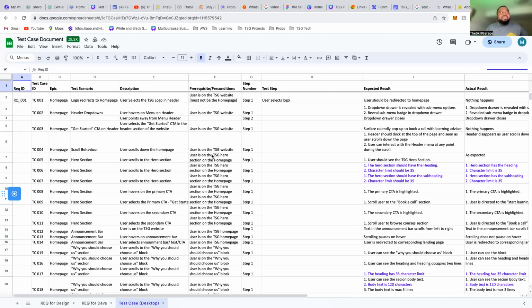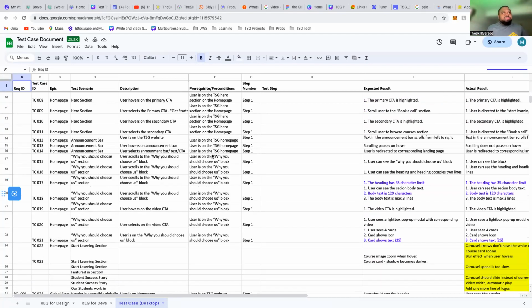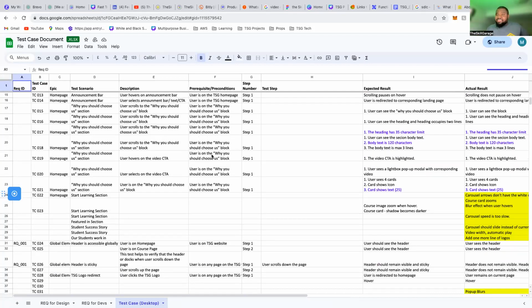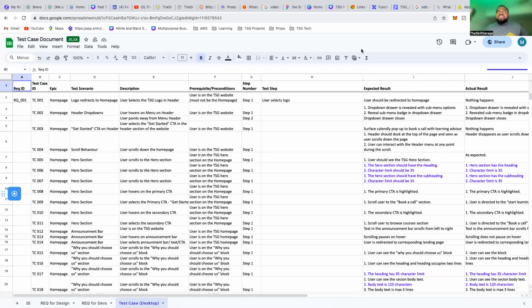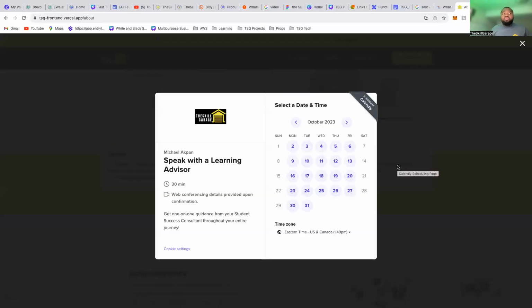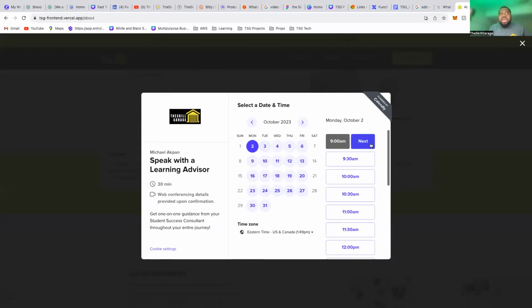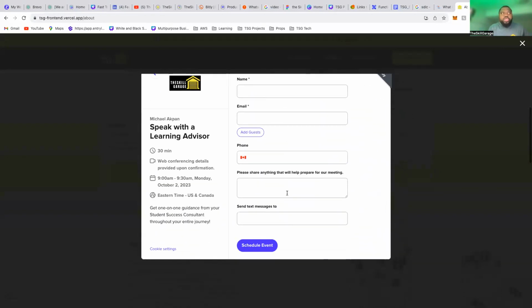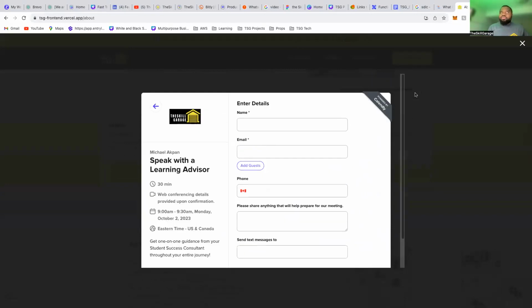So this is a test script that the students are using to test, the test cases. Test case, not test script. Okay? You're using it to test each of the things. Now, for example, like this one, Get Started CTA. You come in here, the Get Started. You click on it. Is it working as expected? Oh, yes, it's working. You want to speak with Michael? Okay, you can book a date. And now that you do that, you put your information and you have booked the date, and then you schedule the date. It is working properly. That is tested and good to go.